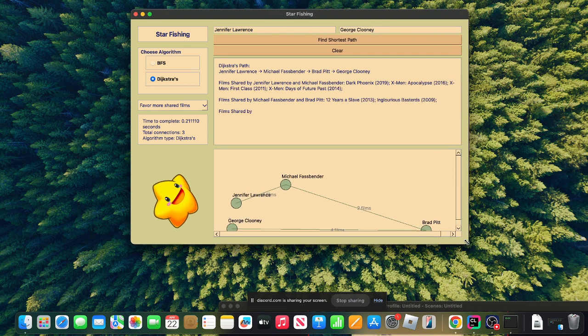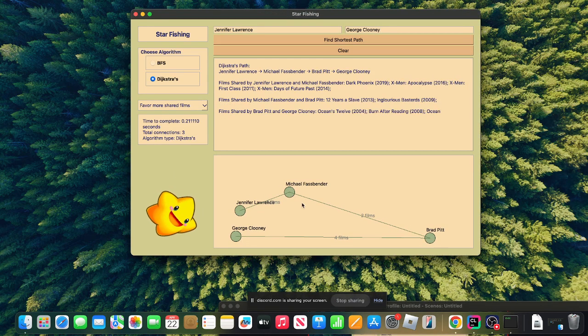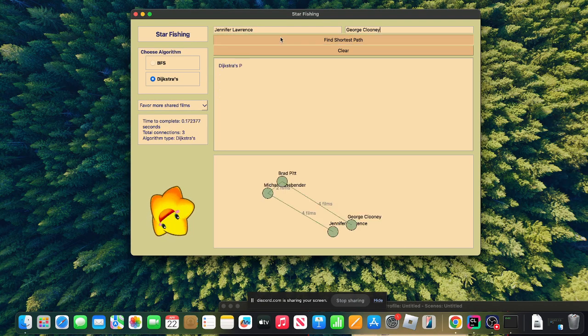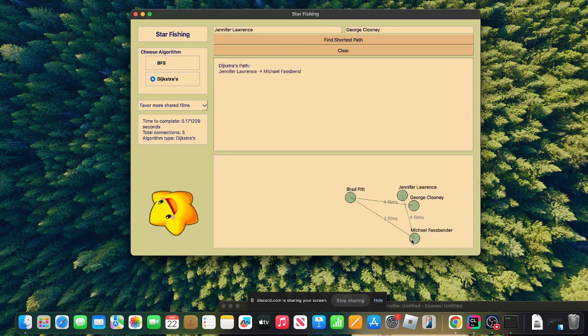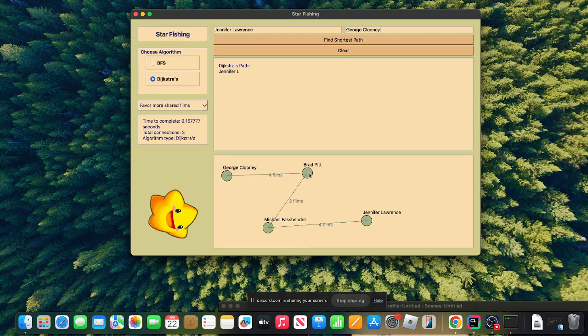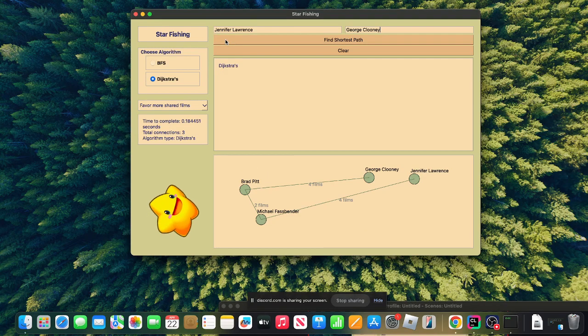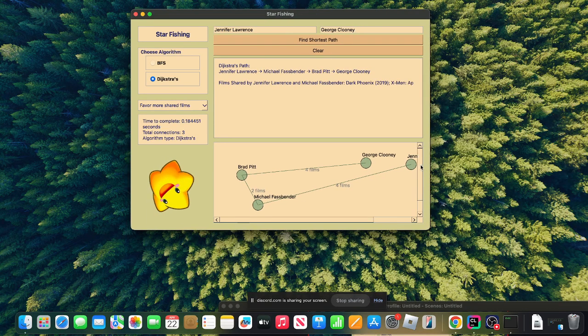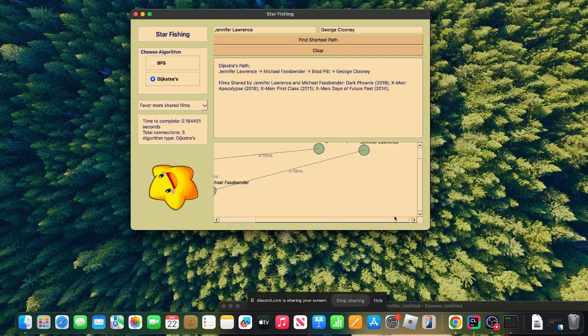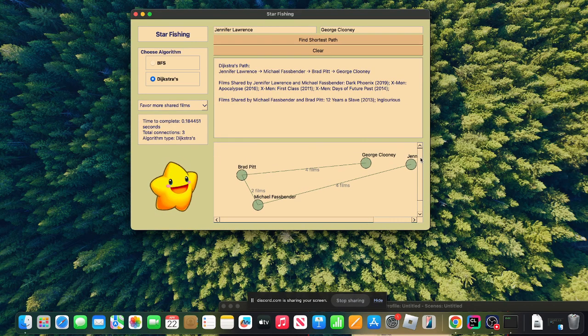Down below is a representation of the graph connecting all the actors together. Each time I click this button, it generates the nodes in different places to symbolize a star constellation, which is a play on words for starfishing. This scroll feature can also be used for the graph to be able to see it if it's too small. The last visual element that really sticks out is this Starfy, which Hector helped me get together,